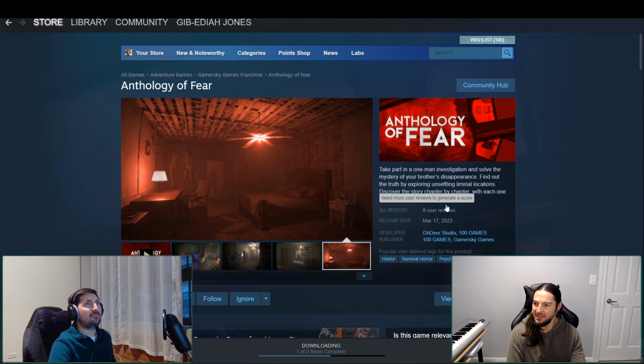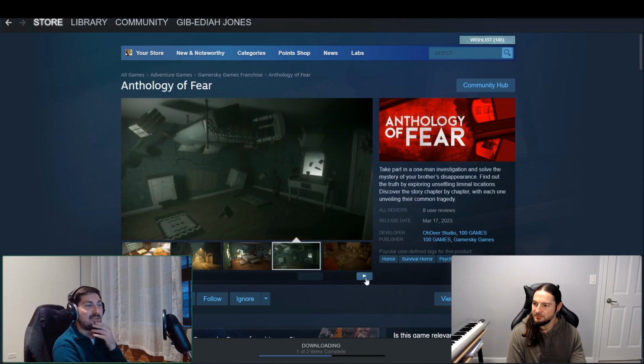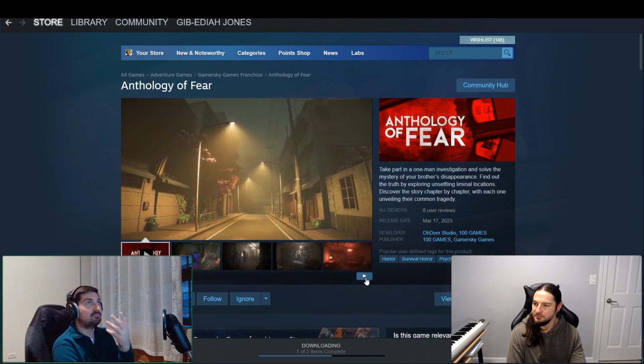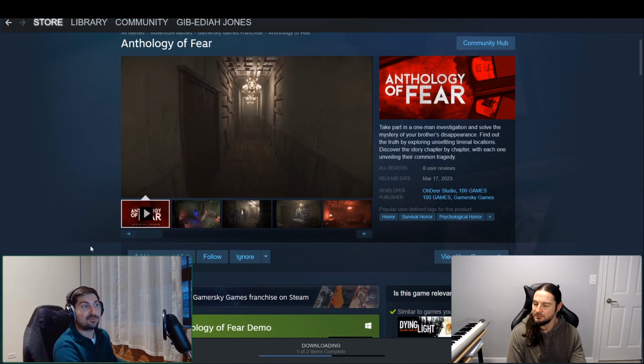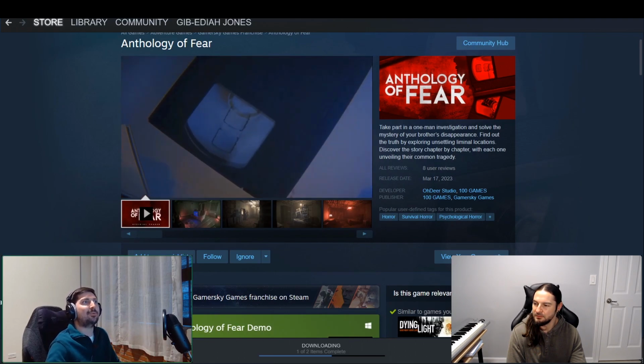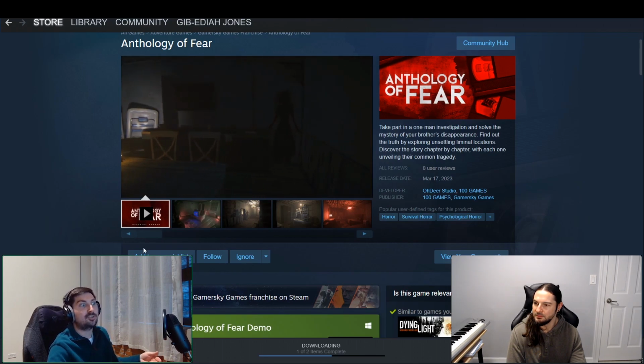Oh, it comes out today. It just came out today? Yeah, actually, I've had it on my wish list for longer than just today, but it came out today. And I think it's a chapter-based game where it's a mystery survival horror where you're trying to solve the mystery of your brother's disappearance, is what it says. But I think you have to buy it in chapters. I'm not sure if buying just the game itself unlocks all the chapters, but